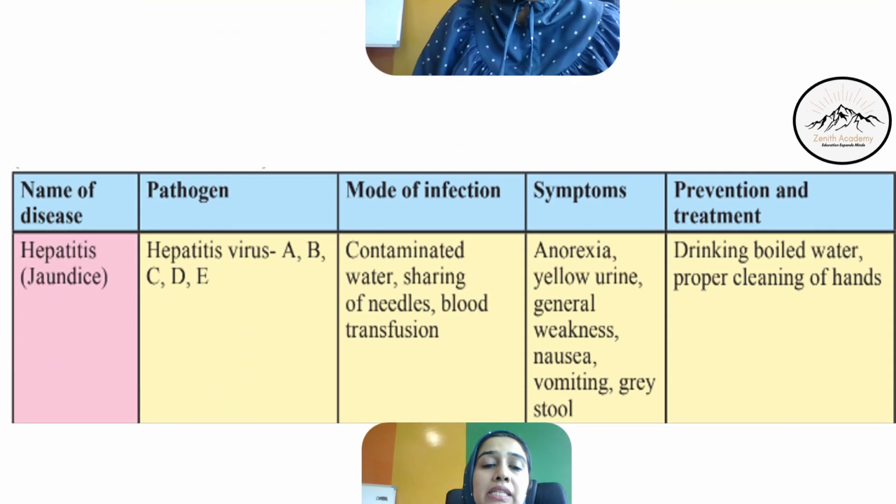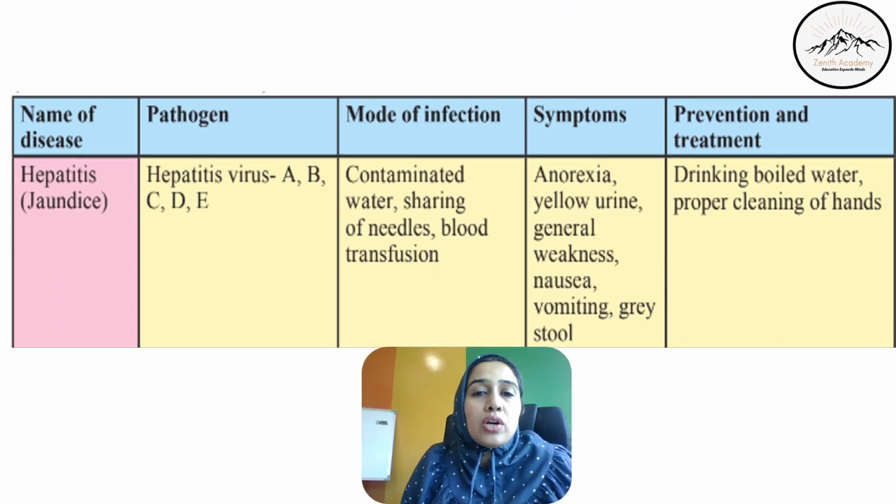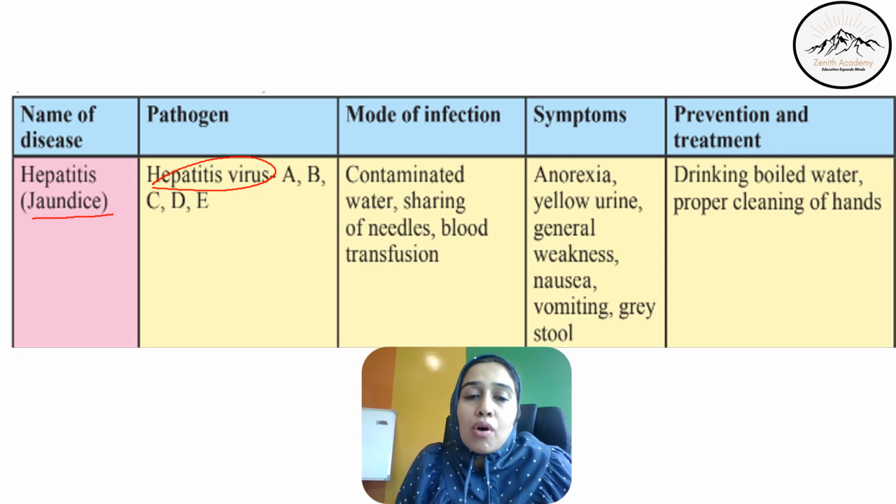The next infectious disease is jaundice. Jaundice, hepatitis B, or we also call it yellow fever. It is caused by the hepatitis virus. Now, hepatitis viruses are of 5 categories: A, B, C, D, and E. Any one of them might cause jaundice. The mode of infection is contaminated water,